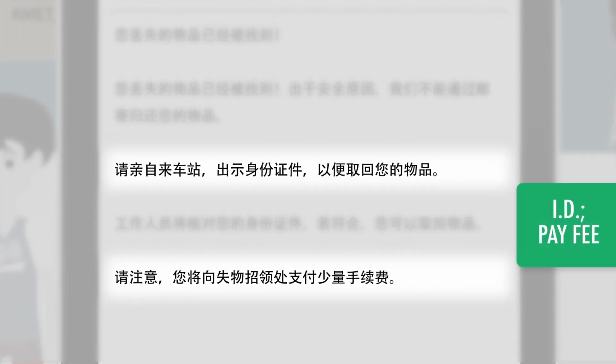The email says that you need to present proof of identification and to pay a small fee. 身份证件少量费用，